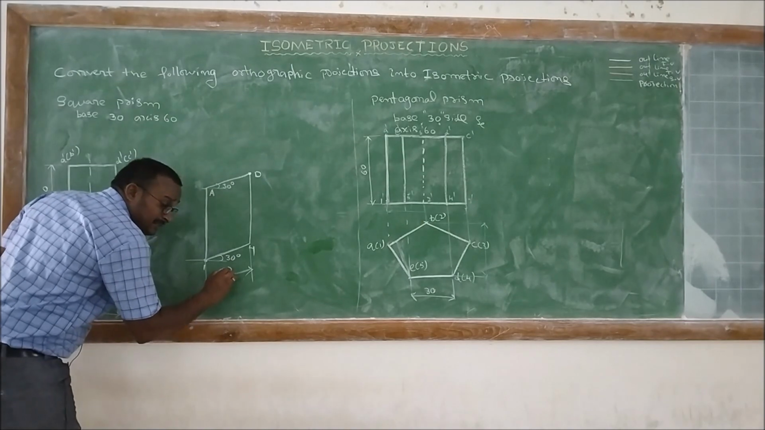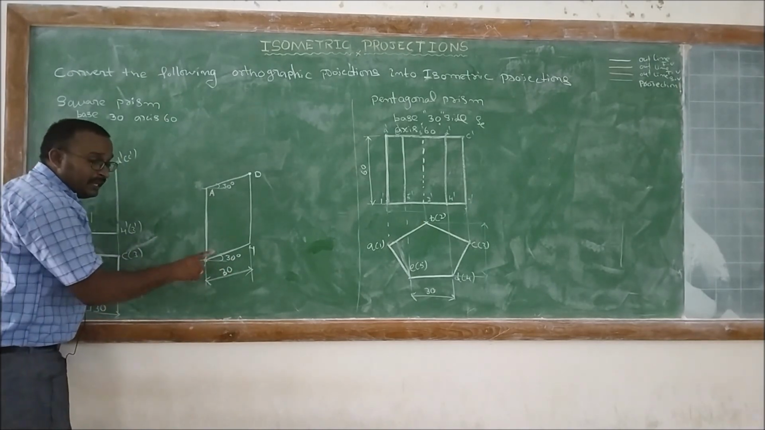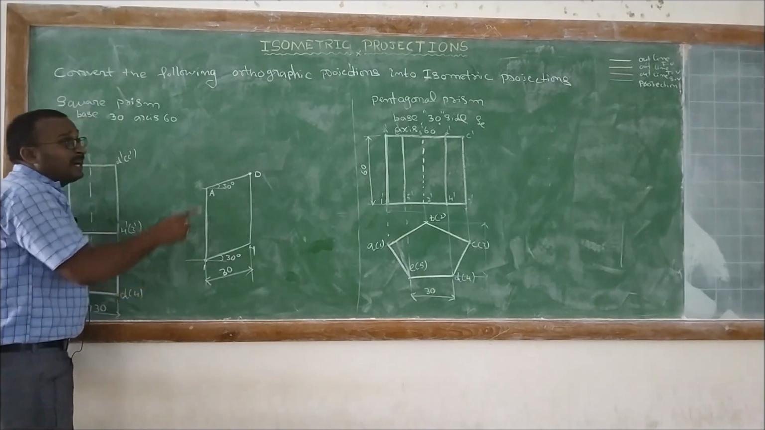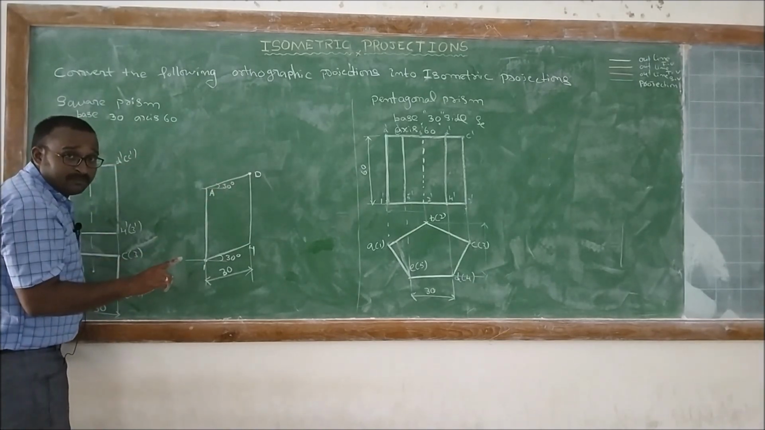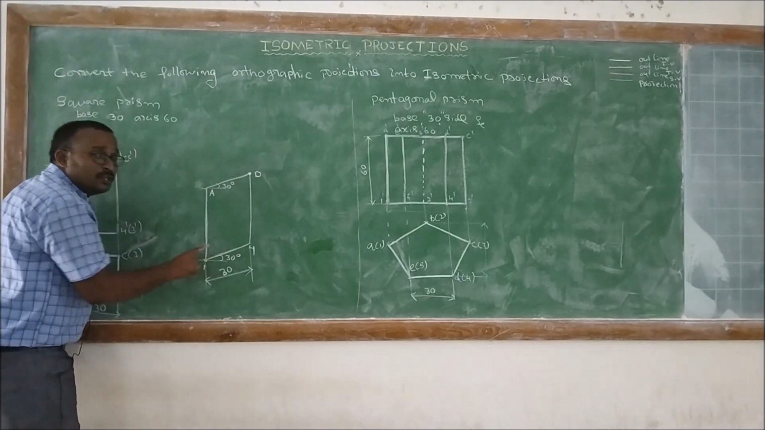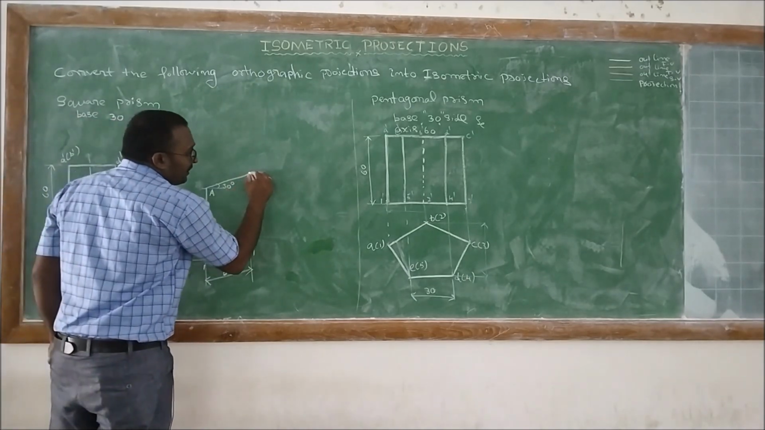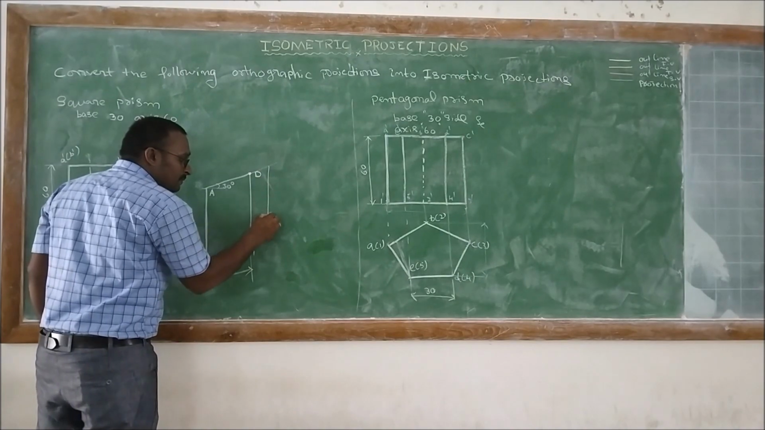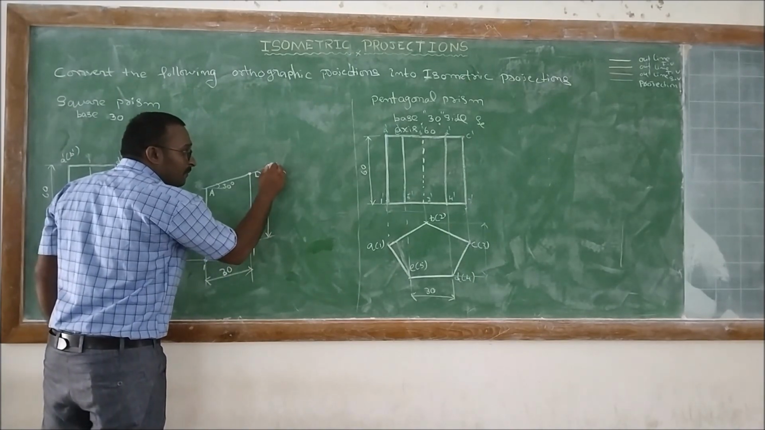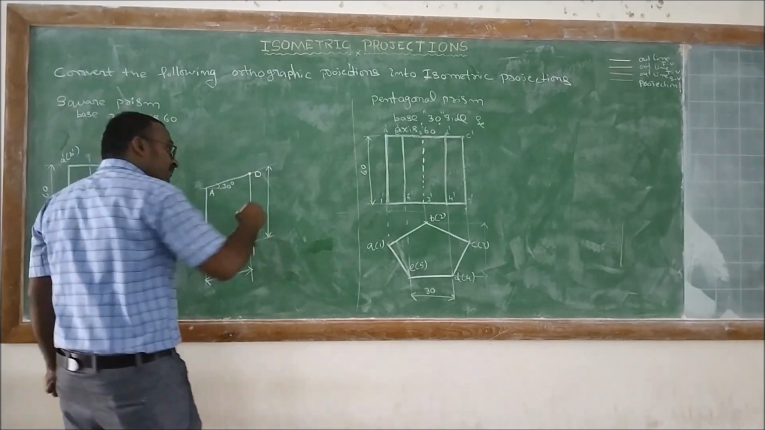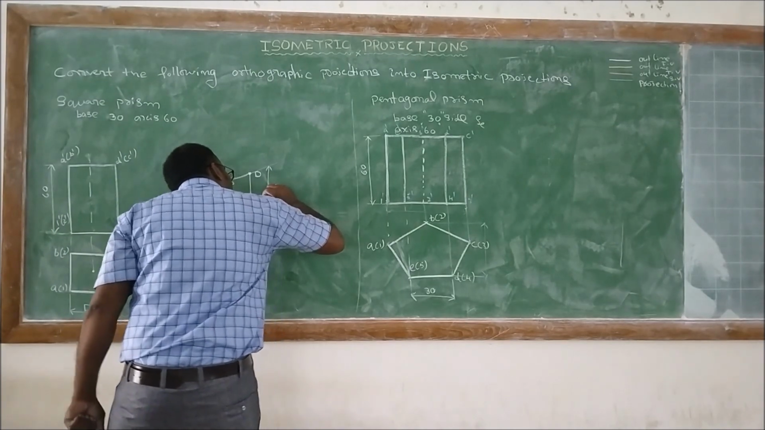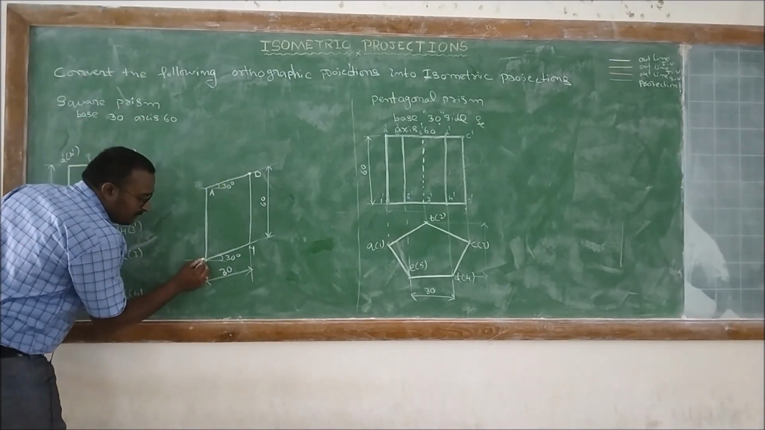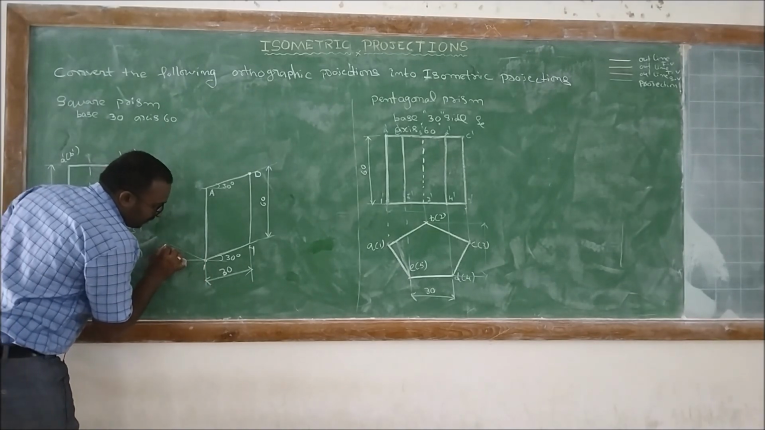Actually, what is the length of this line? 30 into 0.82 if it is isometric view. But what they asked is isometric projection, so directly we will use the true length, right? So from here to here, the axis height is about 60, right? So then here in side view also